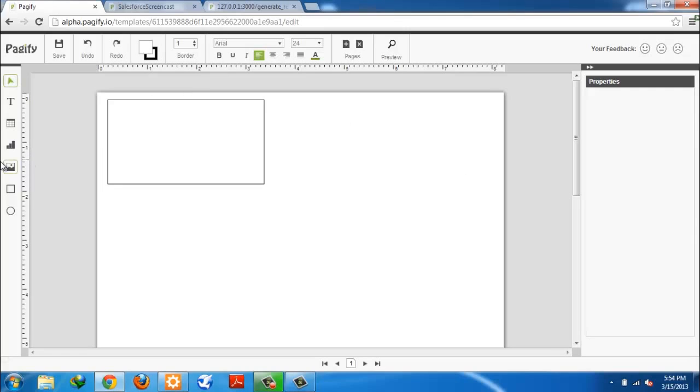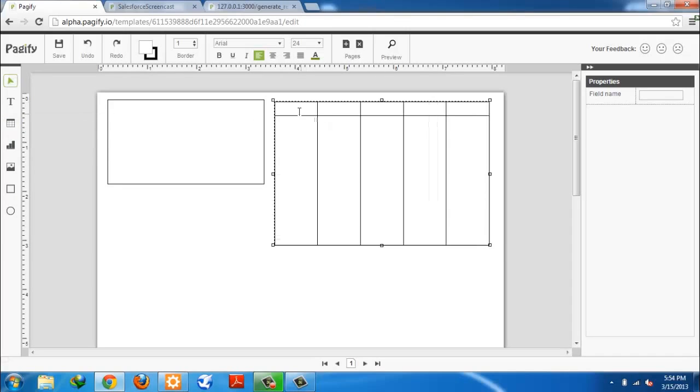Let's move on to tables. I can simply create a table by clicking on the Table tool, specifying the number of columns I'd need, and draw it on the canvas. The top row is for titles, and the bottom row is for content. Since tables are dynamic, I'd have to name my table to be able to use it with the API. The content and titles inside a table can be formatted just like a text box, with the formatting options available